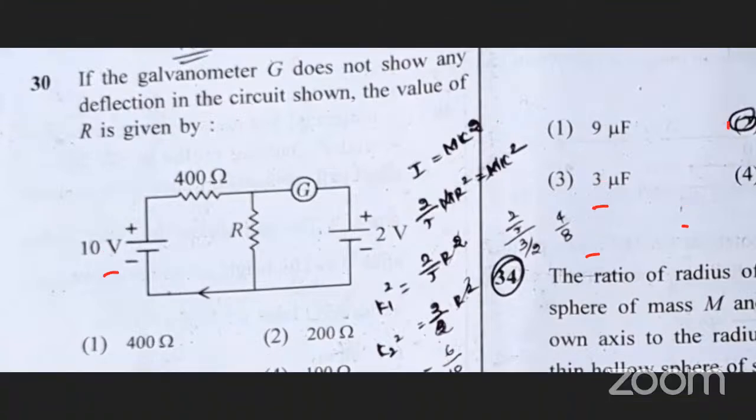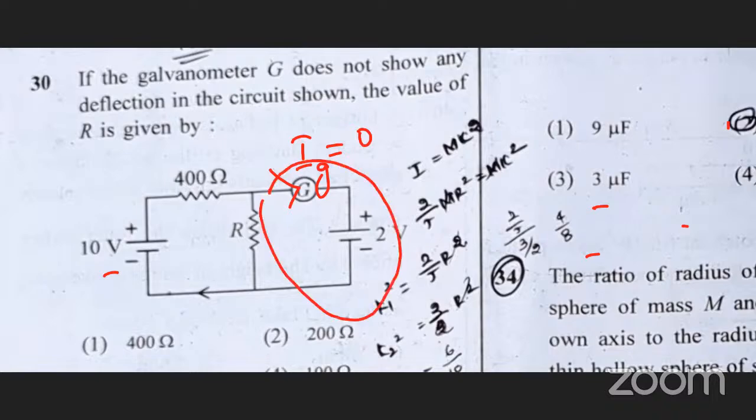So next, if the galvanometer G does not show any deflection in the circuit, we need to find the value of R. If the galvanometer does not show any deflection, it means no current flows in the galvanometer. The current in the galvanometer is equal to 0. That means we don't need to consider this part of the circuit. So we need to consider only this circuit, which is equal to